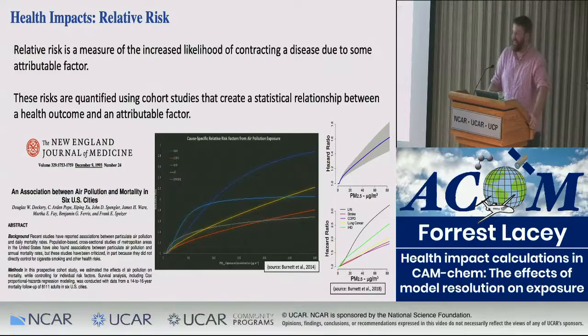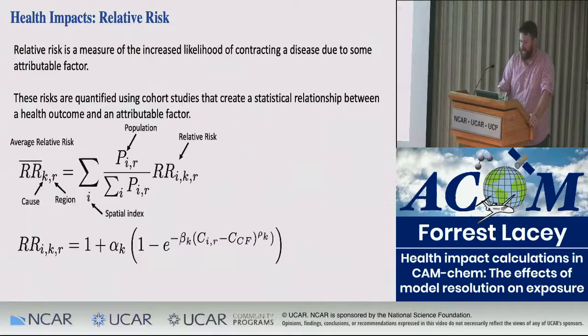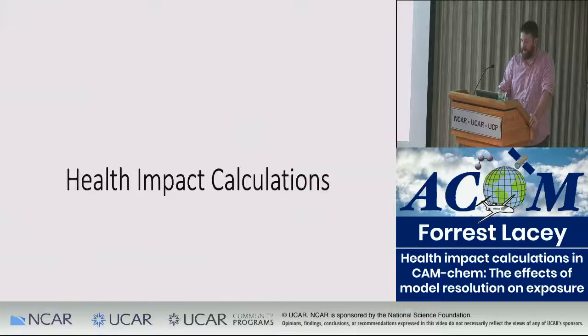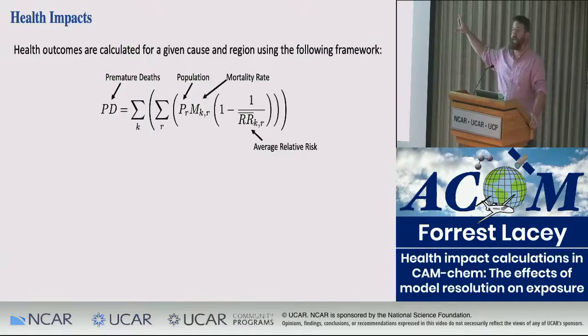Yes. I think that the key takeaway, if you take away anything from this talk, is that when you're looking at this health impact function, remember that each of these terms has uncertainties, and these uncertainties are not small. I mean, we're talking about 50% uncertainties in some cases on each of these. So that leads to a really large uncertainty in the estimated mortality from air quality. And I think that moving forward with this high-resolution model and exploring some of these scale dependencies and how that impacts your health impact functions will help reduce these uncertainties.